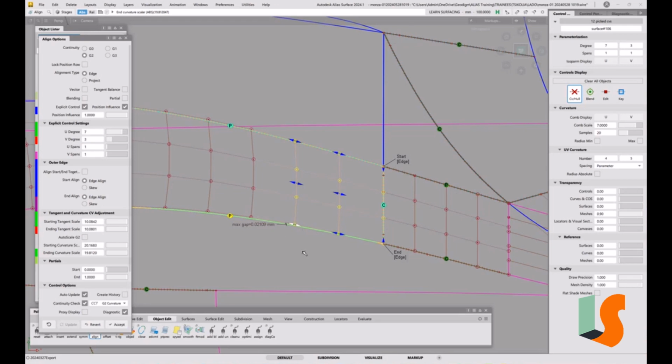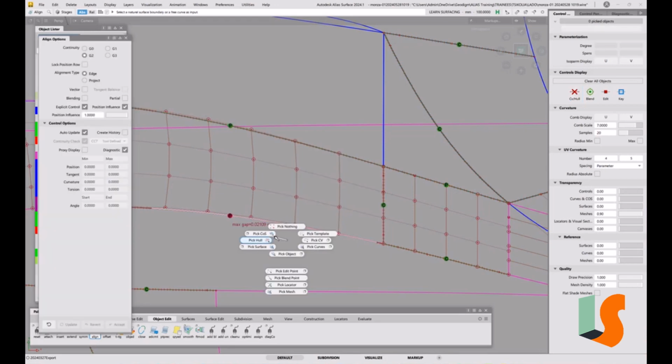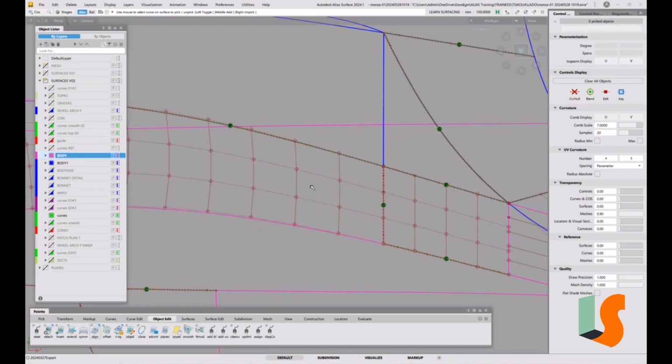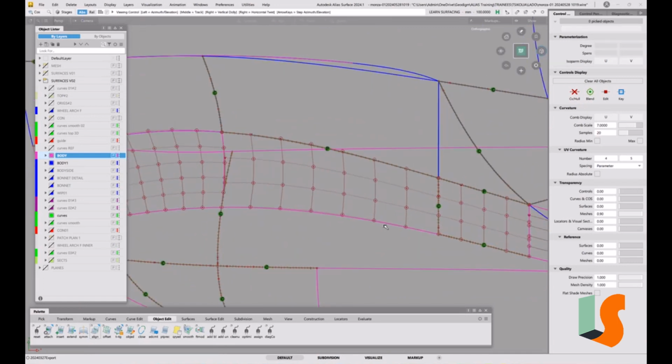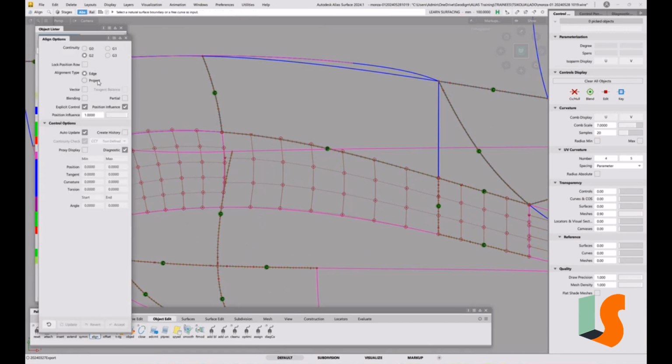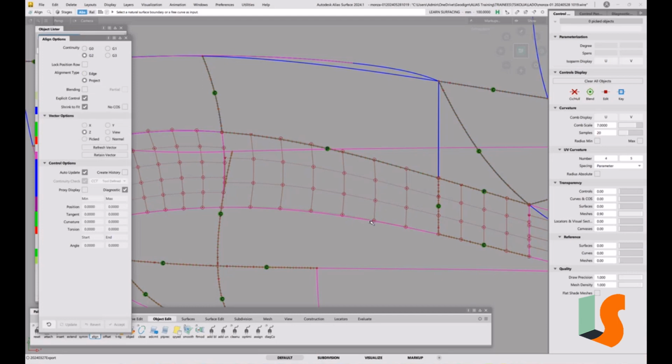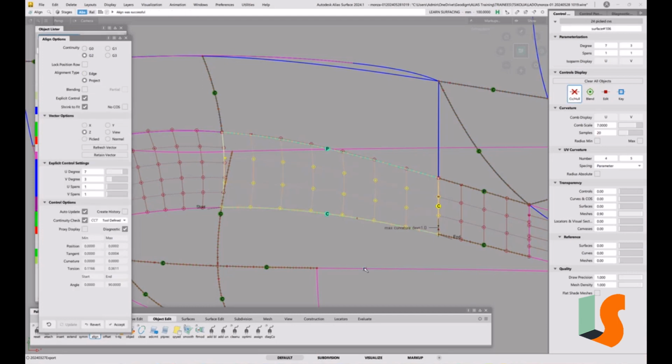See if we can get that down a little bit more. Let me get rid of that. Oh, we could always split the surface as well. That's another option. I don't like to split the surfaces unless I absolutely have to. I like to keep the model as absolutely clean as we possibly can. Let's just try project. I'm just going to try once more, and we'll put G1 on,